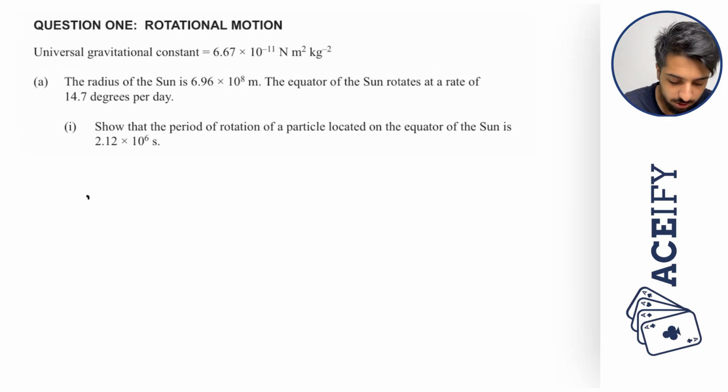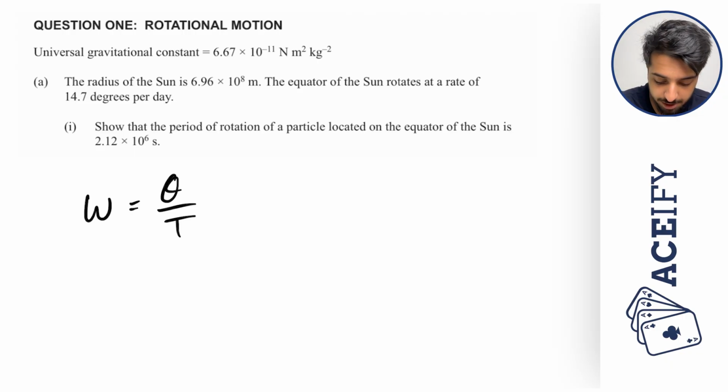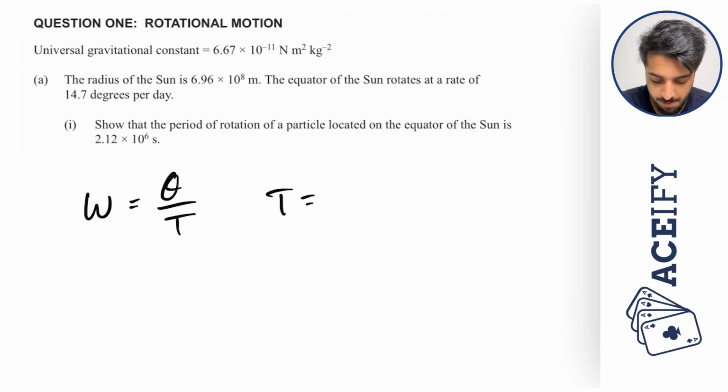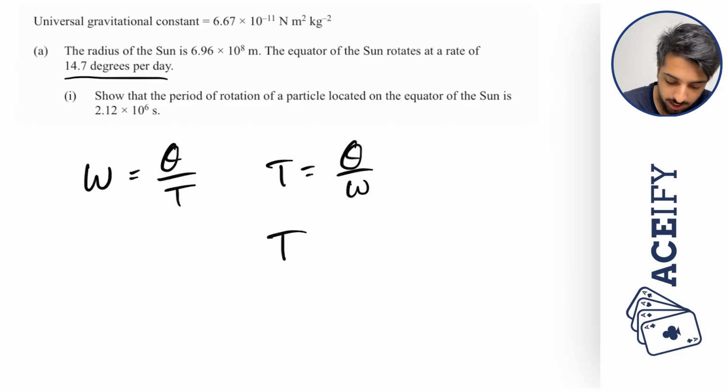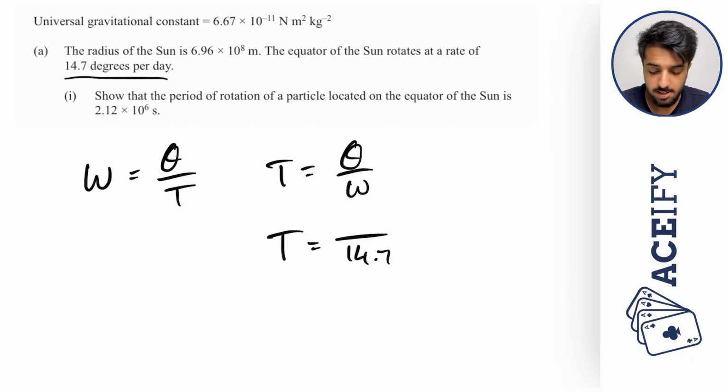So we know our angular velocity is equal to our theta all over our period, and therefore our period of rotation is equal to our theta all over our angular velocity. Now we can see here our angular velocity is 14.7 degrees per day. And so we can plug that in, 14.7 on the bottom. Now our theta is 2 pi. However, in this case, we're going to use 360 degrees. The reason for that is because our 14.7 is in degrees as well. And so we can put 360. And this gives us a period of